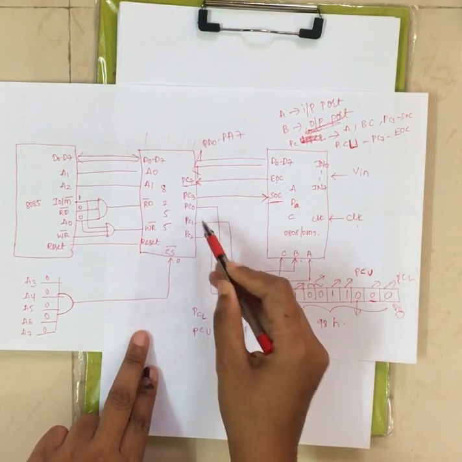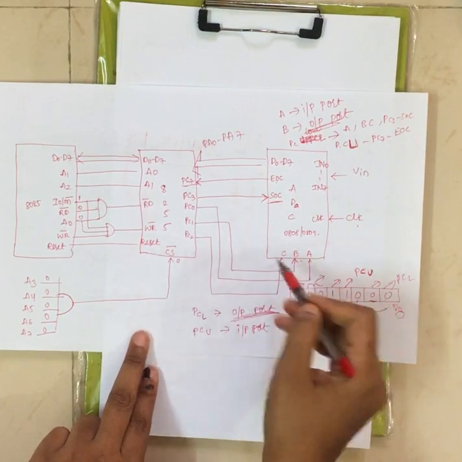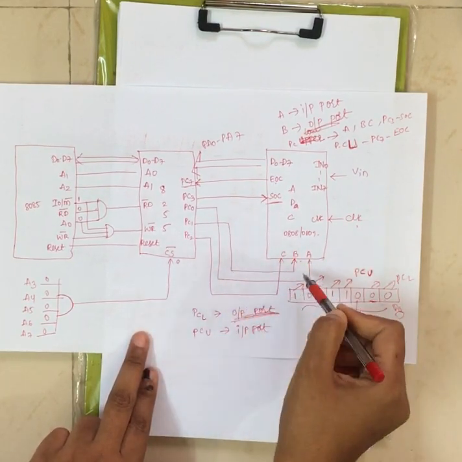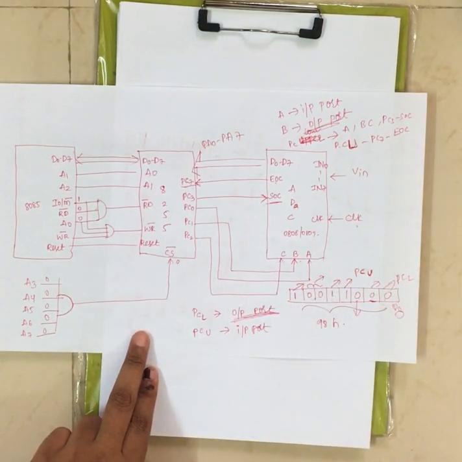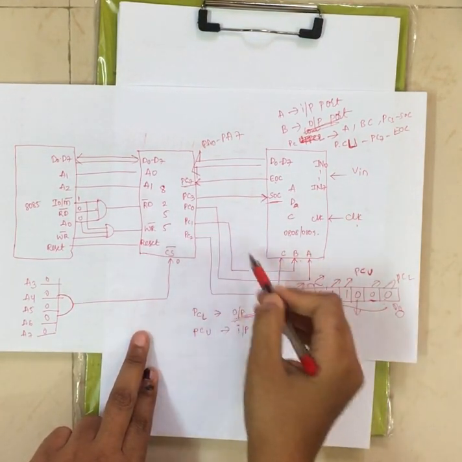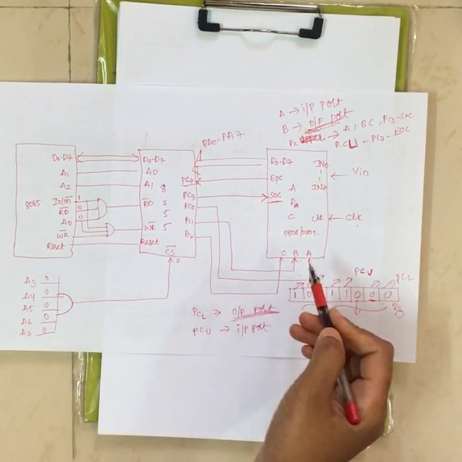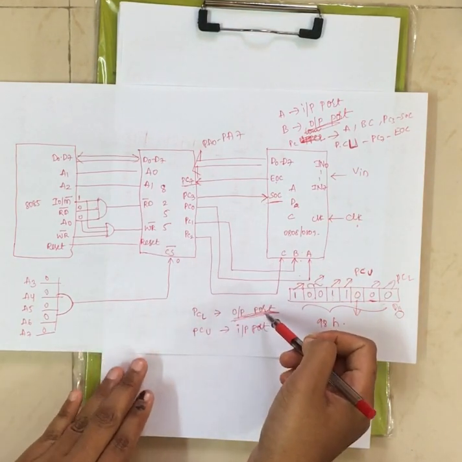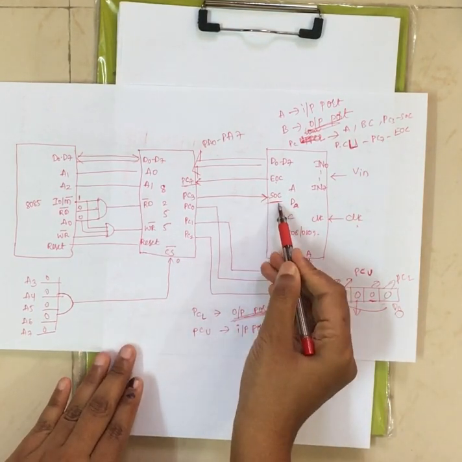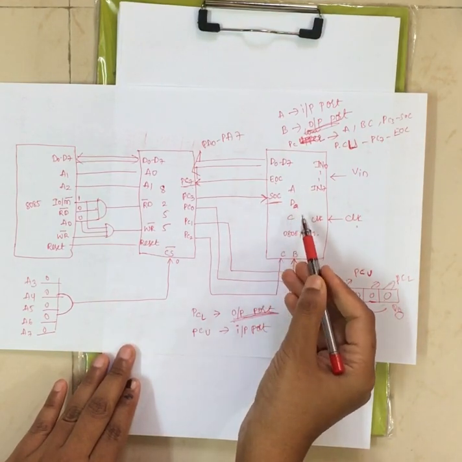Now we are interfacing PC0. We are providing some input to this particular CBA, right? That means it is writing the data. PC0, PC1, PC2, we are providing some data, nothing but writing the data. That's why PC lower will act as an output port, right? Now start of conversion will indicate that the conversion of analog signal to digital signal has started.